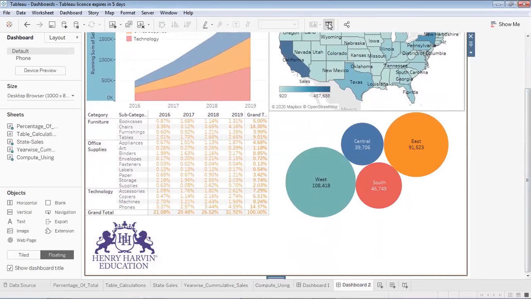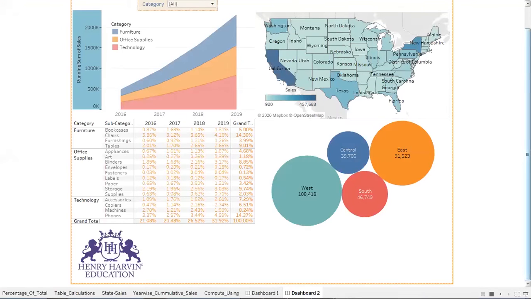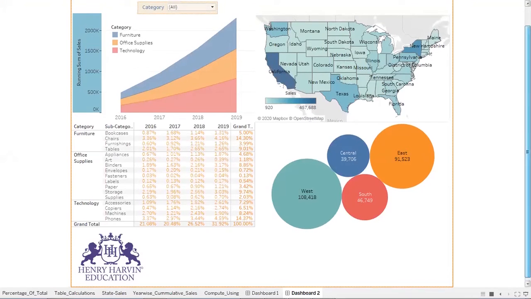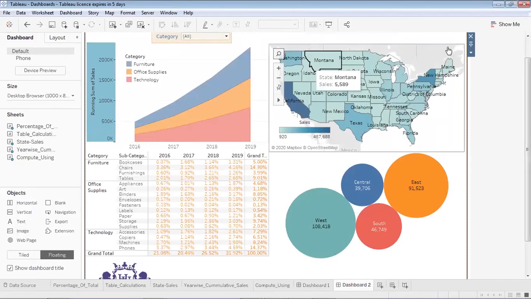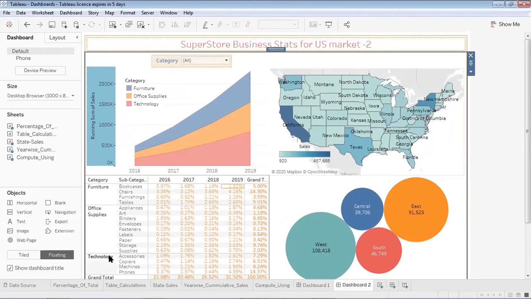Now when I move in the presentation mode, this is how it will look. Okay. If you want to add a border to the image, you can do that as well. Okay. So I'll press escape and we'll move out of the presentation mode. Now, if I would like to add a web page, I can do that as well. If I would like to add a web page or a link to a web page, I can do that.